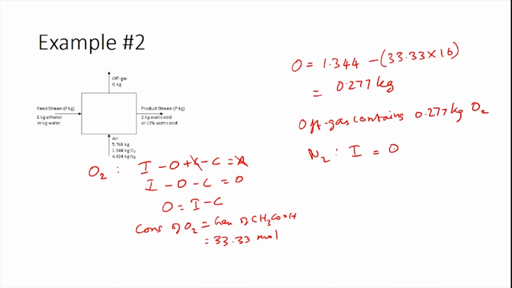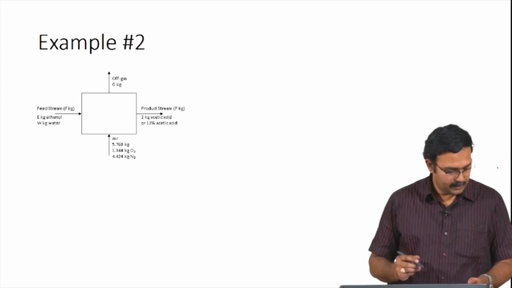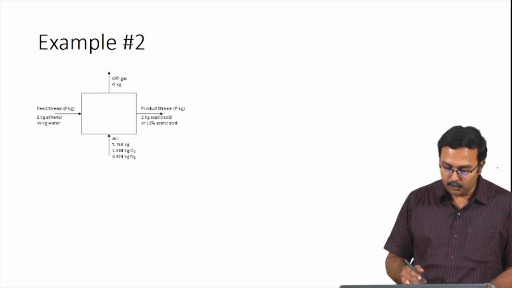giving input equals output. So, output of nitrogen in the off gas would be the same as the amount of nitrogen which was fed, which is 4.424 kilograms. Now that we have the masses of nitrogen and oxygen, we would have to calculate the composition of nitrogen and oxygen. So, that we can either calculate as mass fractions or mole fractions. Considering it is a gas, the more appropriate way would be to calculate these things as mole fractions. So, what we can do for that is convert the mass of oxygen and nitrogen to the moles of nitrogen